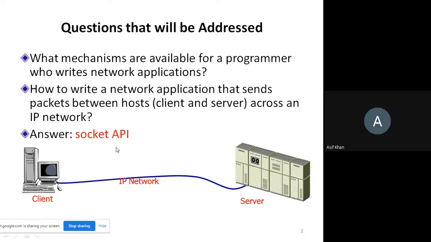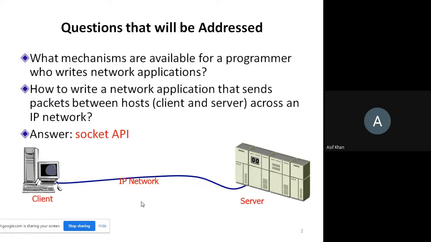You can see here the server computer and the client computer. These two are connected by an IP network. IP network means a network which uses Internet Protocol, and we know that the internet uses the TCP/IP protocol, so that is an IP network.